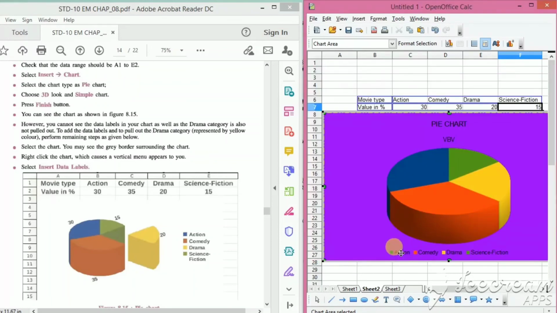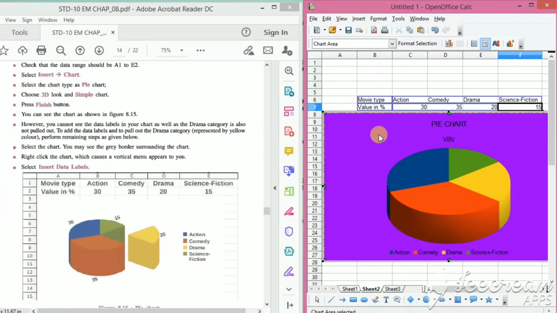See, the blue is for action, orange is for comedy, yellow is for drama, and the last color is for science fiction. In this way we can prepare a pie chart. Clear? In this way we end this chapter number 8.